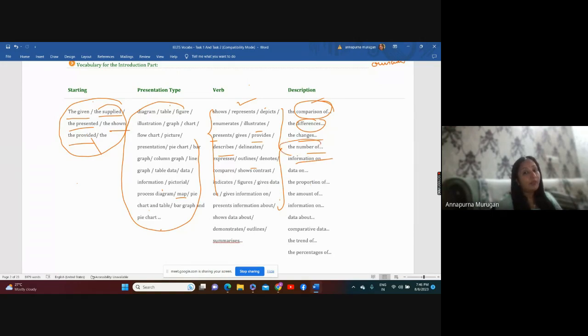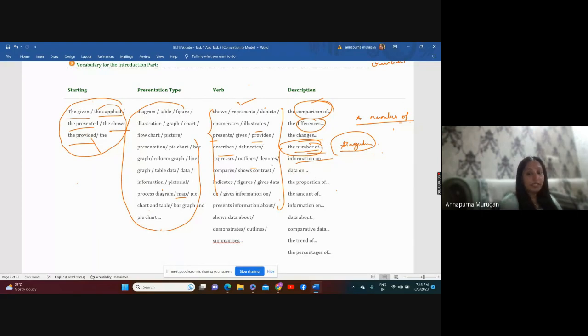And when you have "the number of," it should be followed by a singular verb. The singular verb should follow here. "A number of" should always have the plural form. Remember this. This is also one of the idiom corrections that you need to have. So basically, "the number of" should be followed by a singular verb, and "a number of" should be followed by a plural verb. So this understanding you people need to have.